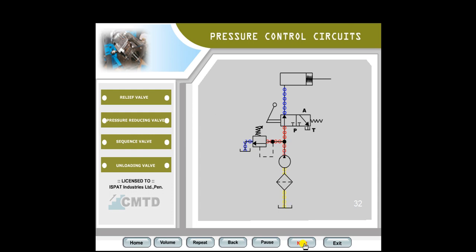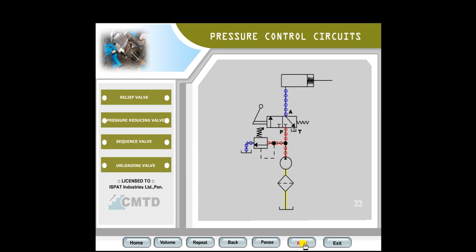When pressure reaches more than the setting value, relief valve opens and oil flows to the tank. If the handle of the direction control valve is released, the spring pushes the valve to normal position.